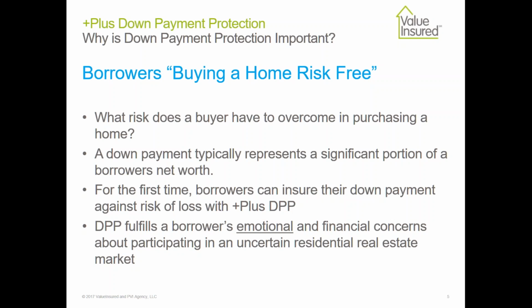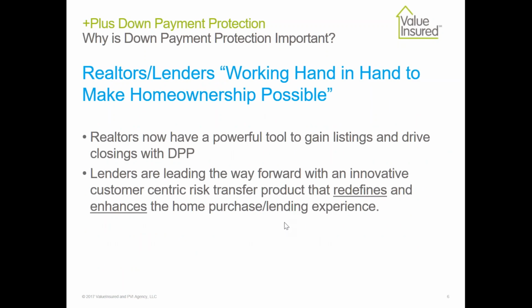That's not up to us. Somebody needs to move because something occurred in their life and they want to move on and the market's against them. They no longer have to have that financial risk associated with that. We work specifically with lenders, and our lenders work with realtors. It's a hand-in-hand relationship. We want to deliver new, innovative mortgage products that lenders can bring to their realtor customers